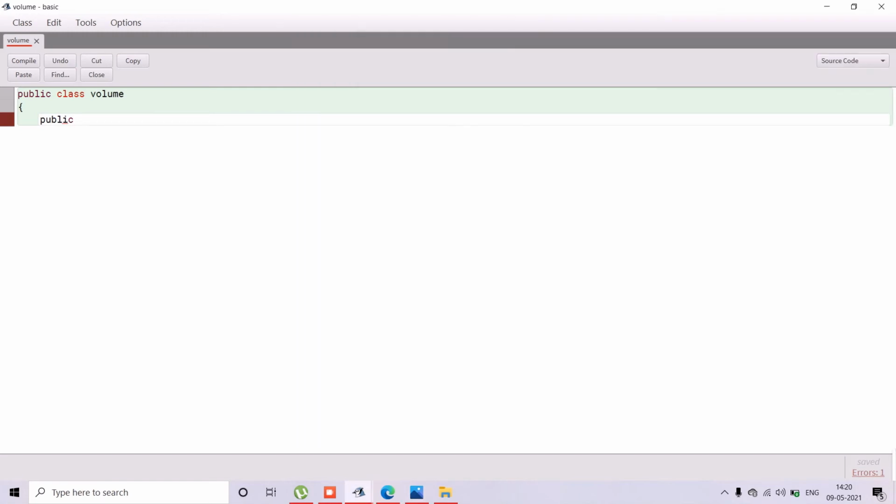We will not type public static void main, because here it is given that we should use only the particular function. Public static. Which kind of type is used? Double. So we should type double. Double what? Double volume. So here the function is assigned. Then we should use a radius. In the question it is given as capital, so you should use capital R. Then for using that function we put a curly bracket, which is the opening of the function. Then comes what?